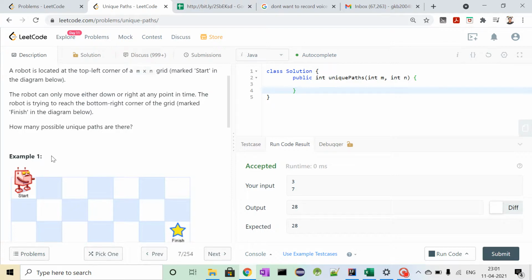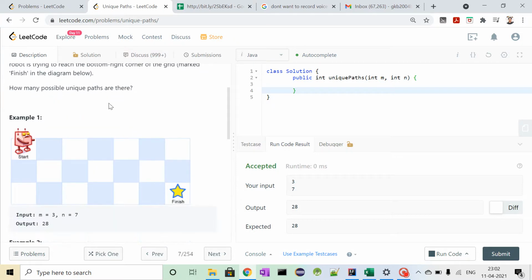The condition here is the robot can move one block in the right direction and one block in the bottom direction. It will not move in the diagonal direction. Now, what we have to return is how many possible unique paths are there.